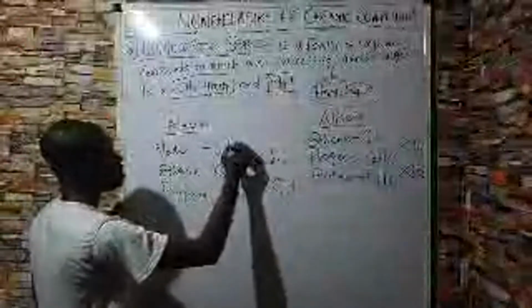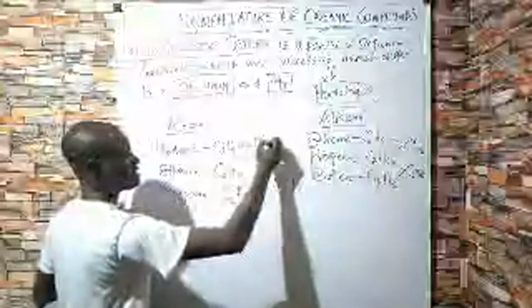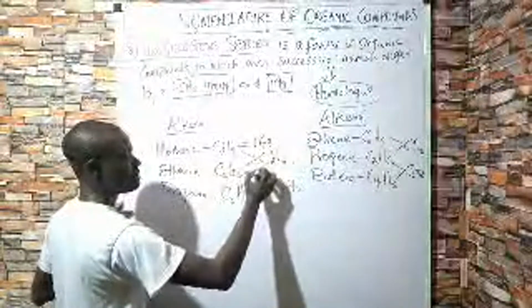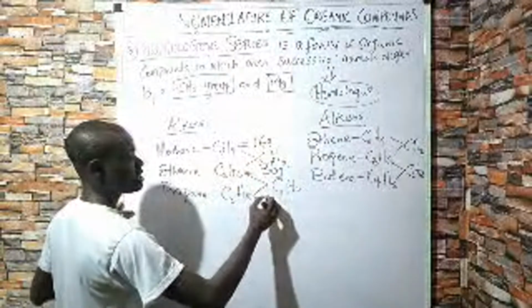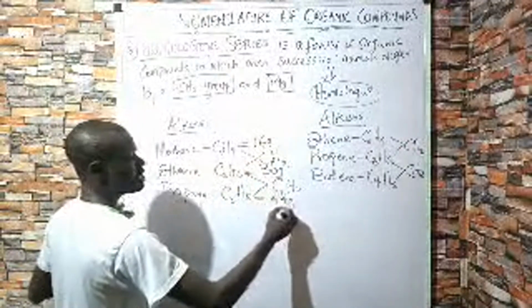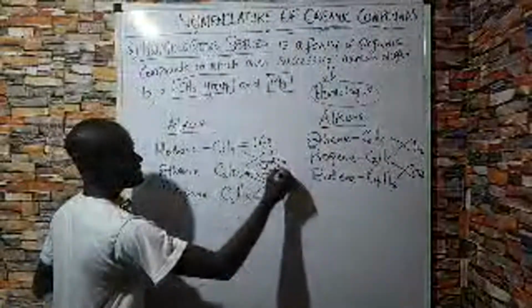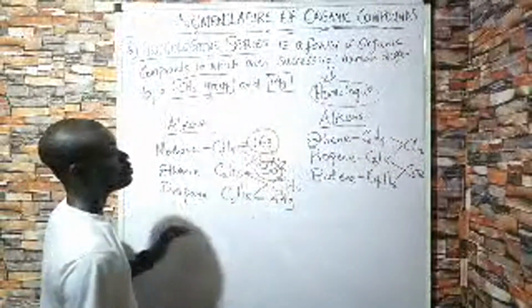Now what about the 14 gram mass? It's just the difference between their masses. Now if you calculate for this one, you are going to get a mass of, that's 12 plus 4, about 16 gram. Then for this one, you are going to get a mass of 30 gram. And for this one, you're going to get a mass of 44 gram. Now, if you subtract 30 minus 16, you're going to get 14.